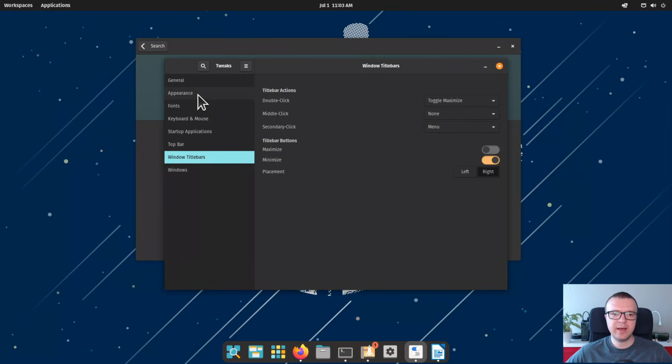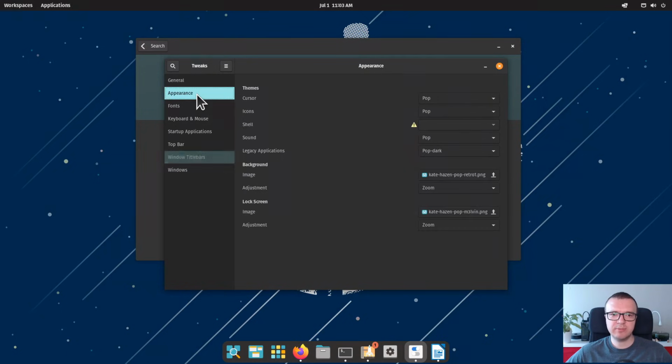But I particularly like this GNOME Tweaks application because of its Appearance tab, which gives you an option to install some extra themes in your Pop! OS. It is not available by default in the Pop! OS settings. And I have a dedicated video where I show how to install different themes in Ubuntu which also use GNOME Desktop. Everything is the same here in Pop! OS. I'll leave a link to that video in the description. You can watch it if you want to have extra themes in your Pop! OS.